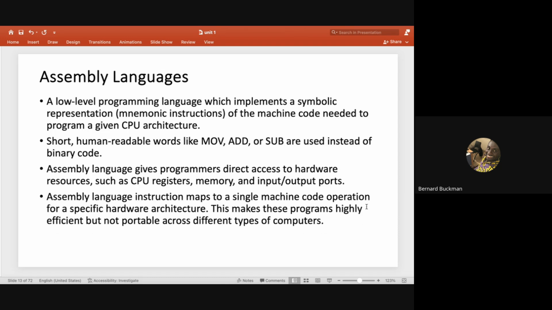Now, because we wanted to make things easy, we built something simple on top of the machine language. We call that assembly language. Assembly language is a form of symbolic programming where we don't have to write zeros and ones, but instead we can write add or move or sub or divide. We can write a simple English phrase which will cause the machine to do what the zeros and ones represent. That's why we call it symbolic programming.